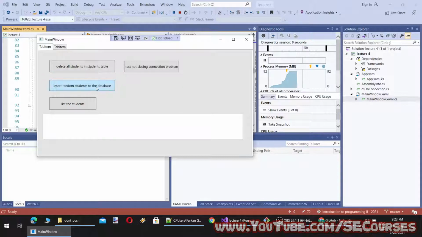For example, when I click, you see UI is frozen. Therefore, I am not able to see or do anything until the operation is completed. And how can I fix that? Fixing it is rather easy with tasking.